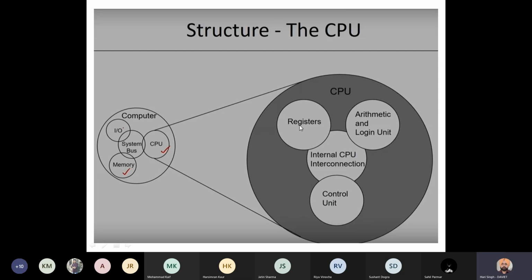Further, a CPU has important parts like arithmetic and logical unit, registers, and control unit. These are further interfaced through internal CPU bus. In our previous lectures, we discussed arithmetic and logical unit and their applications, then registers and their applications in writing an assembly language program. So the next chapter is on the control unit, that is, how the control unit of a CPU or microprocessor is designed. So this is our next topic of discussion.